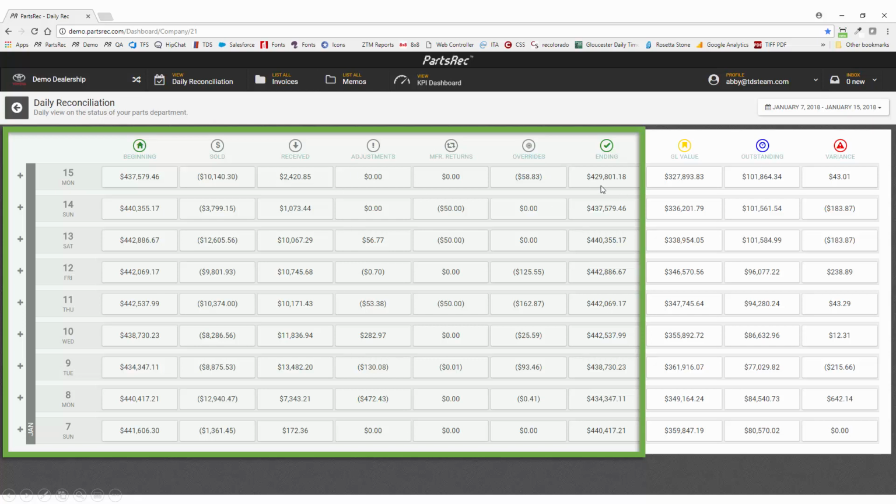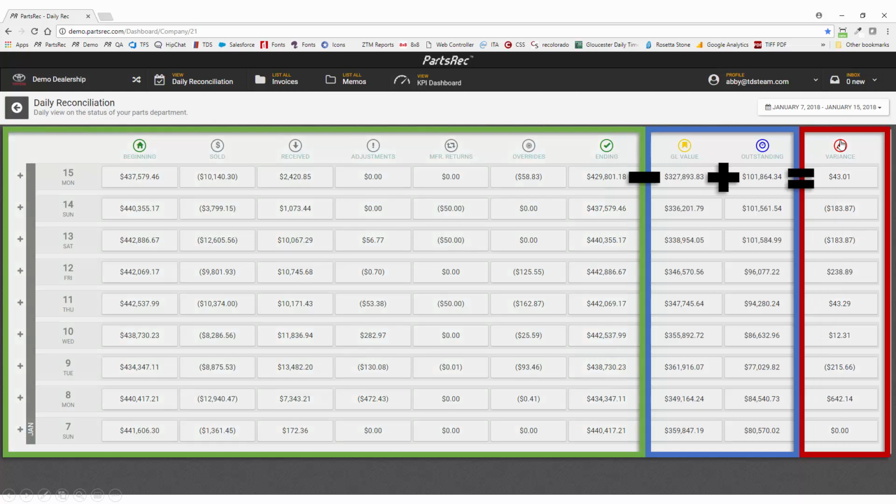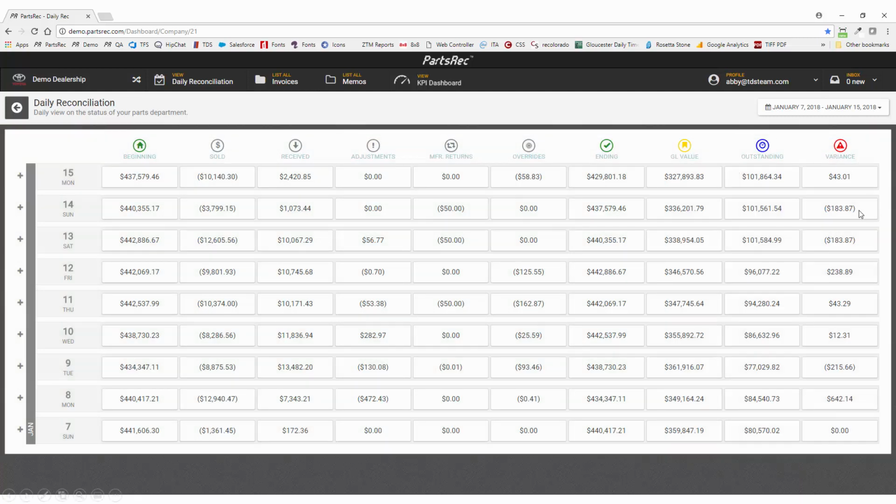We then compare the ending inventory value to the GL closing balance for the same day, plus PartsRec automatically tracks all of your reconciling items. So for example, your work in process, parts billed, not received, parts returned, not credited, invoices not yet posted to accounting. We then compare those two numbers to show you every single day exactly how much you're over or how much you're under. In this example, the store was